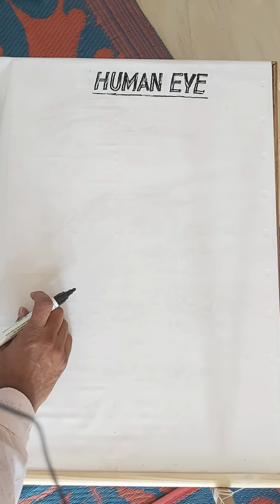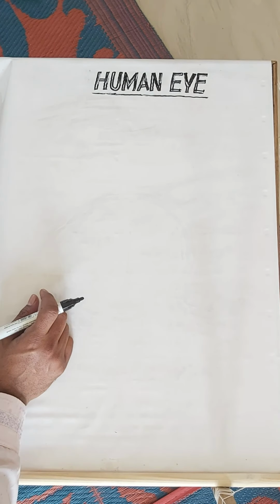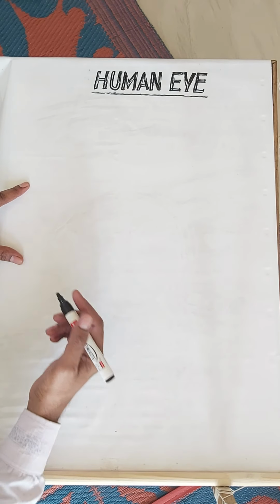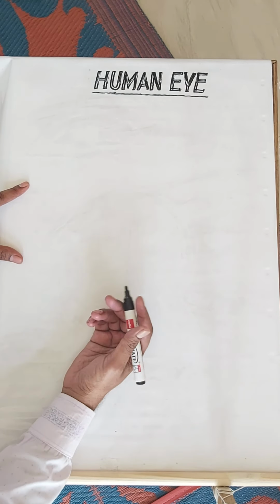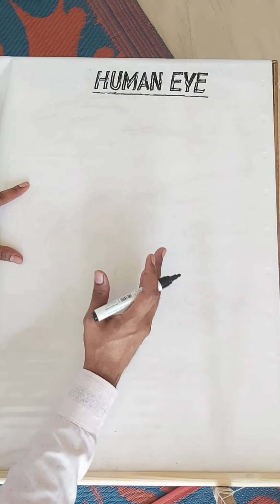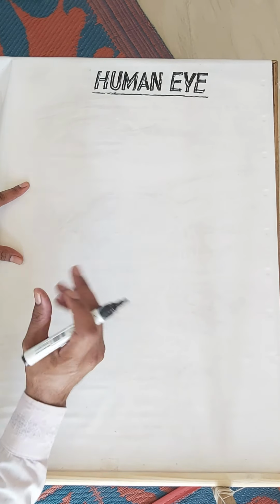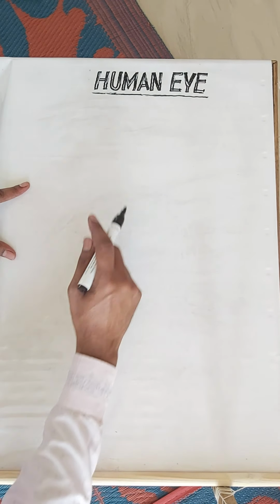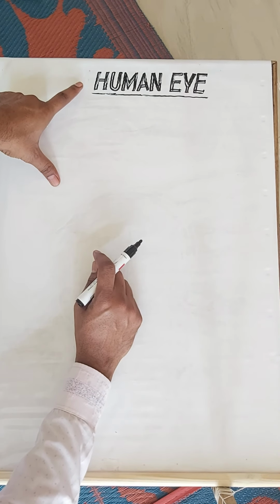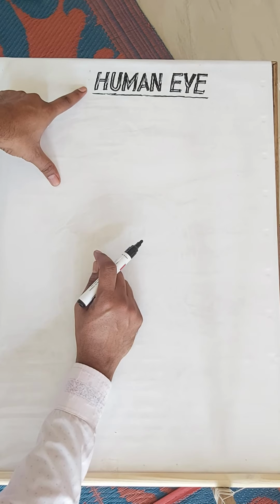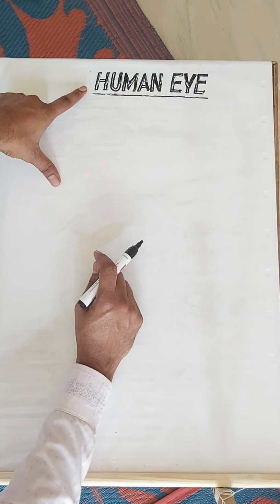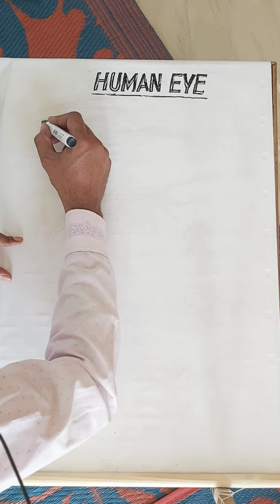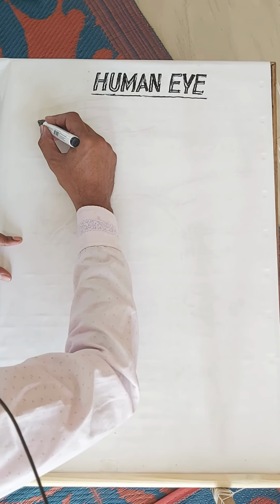आज हम इस वीडियो में पढ़ेंगे ह्यूमन आई। मैं आपको आज ह्यूमन आई का स्ट्रक्चर कैसे बनाते हैं वो भी समझाऊंगा, और इसके डिफरेंट पार्ट्स हैं, उसके फंक्शंस भी आपको मैं अच्छे से एक्सप्लेन करके बताऊंगा। ह्यूमन आई एक मोस्ट इम्पॉर्टेंट ऑर्गन है हमारी बॉडी का, एंड बिकॉज ऑफ दिस ऑर्गन और ह्यूमन आई we are able to see this colorful world.